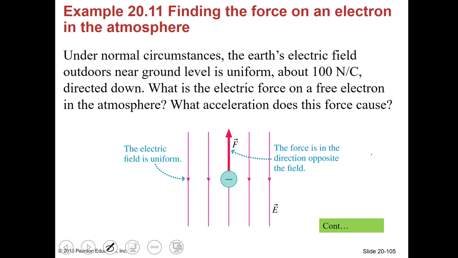So here's an example. Under normal circumstances, the Earth's electric field outdoors near ground level is uniform, about 100 newtons per coulomb. We saw that in the chart before. Directed down. So if it's directed down,